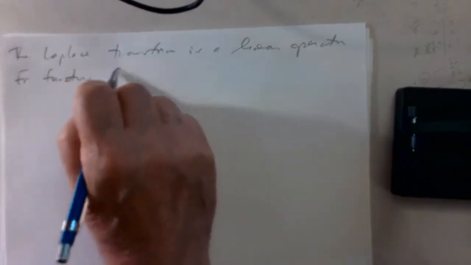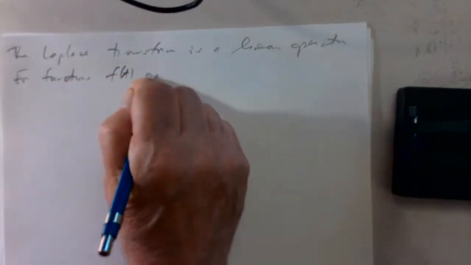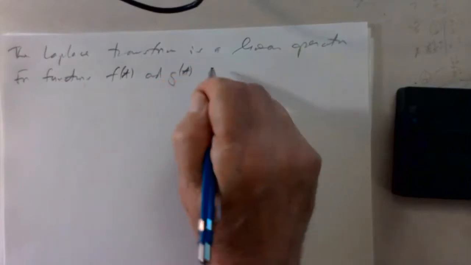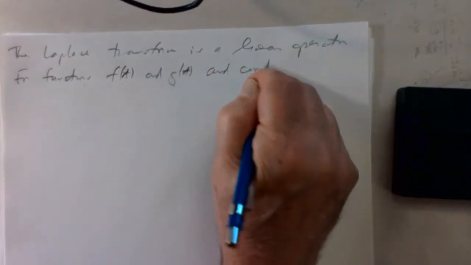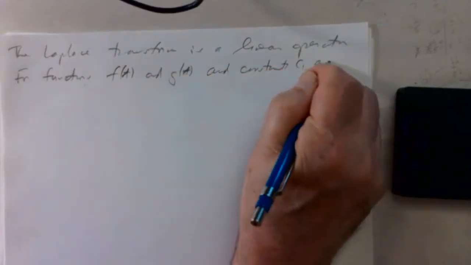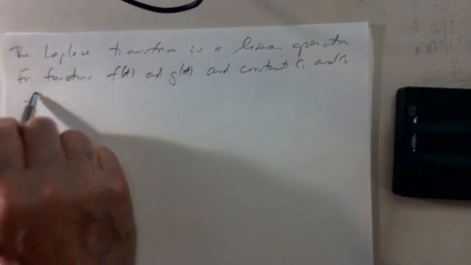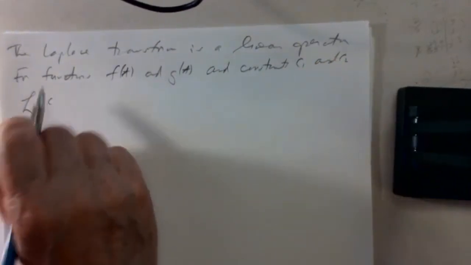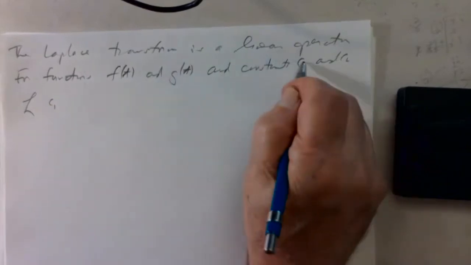And what that means is for functions f of t and g of t, and constants, I'll just call them a and b,